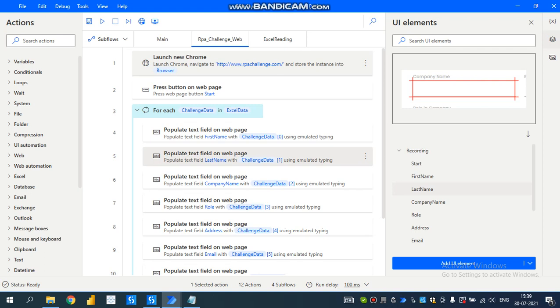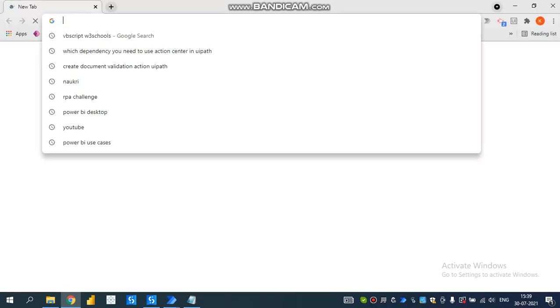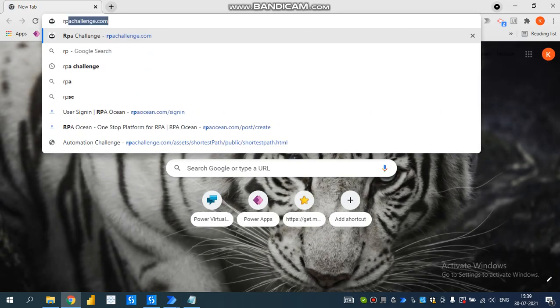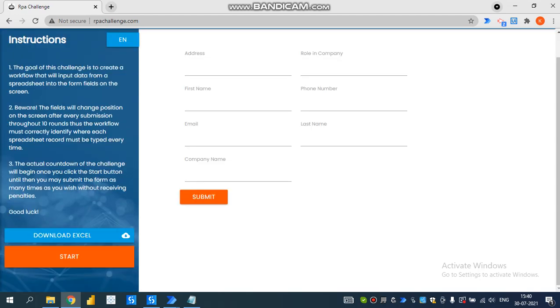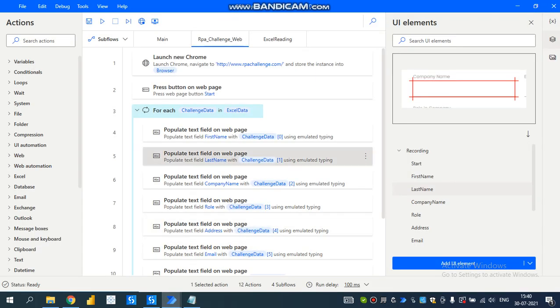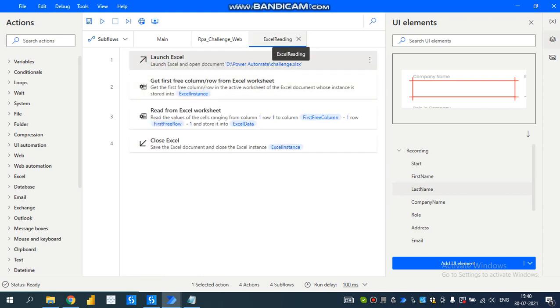I choose Chrome, and after launching the RPA challenge browser, we have to click the start button to start our challenge. Later we have to loop the data which we are getting from the Excel reading subflow.